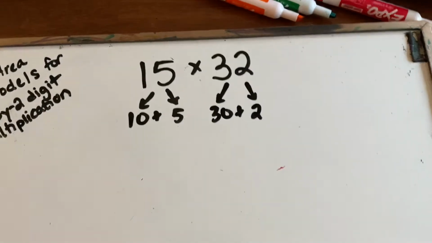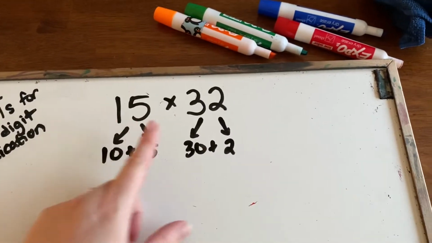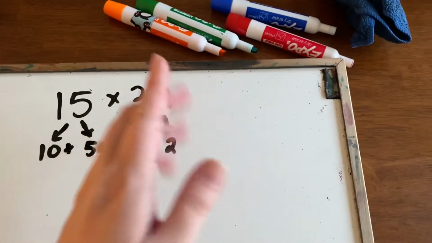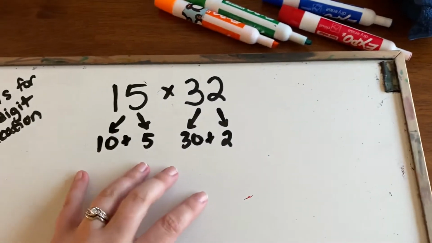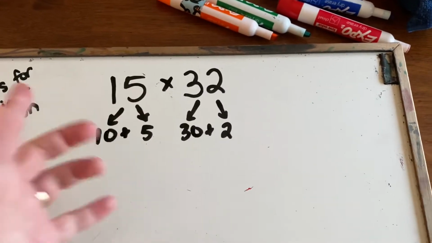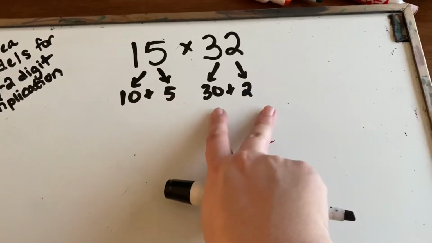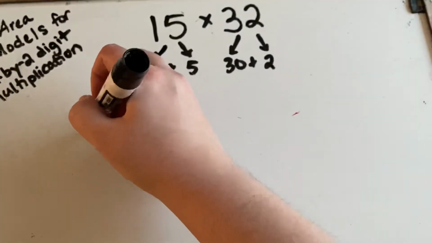So before, when we did these problems, we only had 1 number in the first spot, so we didn't have to do any splitting, and we had multiple numbers over here, and we split them up into each one. This time we have more than 1 number on both sides, so we're going to split both numbers. Then, because I have 2 numbers on this side and 2 numbers on this side, I need to use an area model